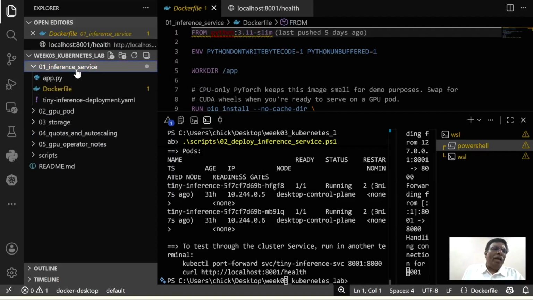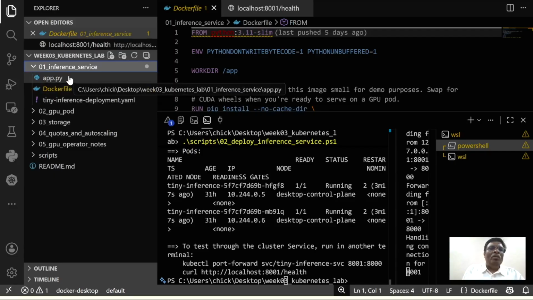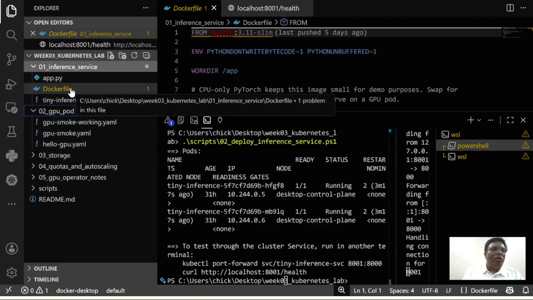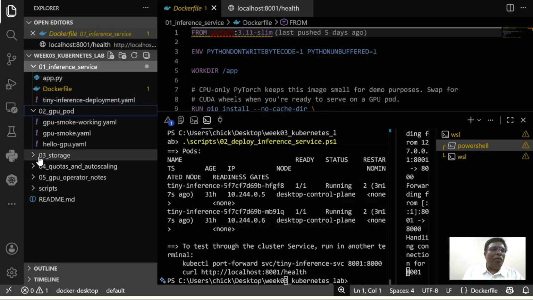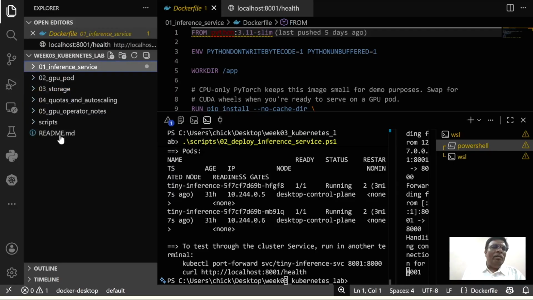This basically has 3 things: one is the Dockerfile, one is the tiny inference deployment.yml file, and then app.py. All of these programs will have a YAML file, a Dockerfile, and an app.py. Similarly here, in all of these we are working with YAML files. Now I have the readme also here,